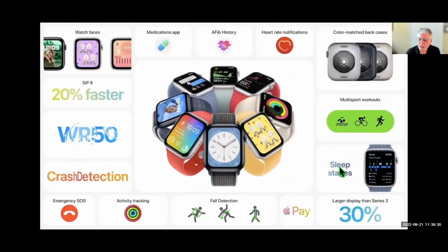Okay, so here is the SE lineup. And as I said, this has been greatly enhanced and is a real value for someone who does not necessarily need to take an ECG or have the oxygen sensor or the temperature sensing with cycle tracking. But it is 20% faster. It has the same chip as the iPhone 8. It does have an activity area. It does have the emergency SOS. It has fall detection, Apple Pay, and is 30% larger than the Series 3,